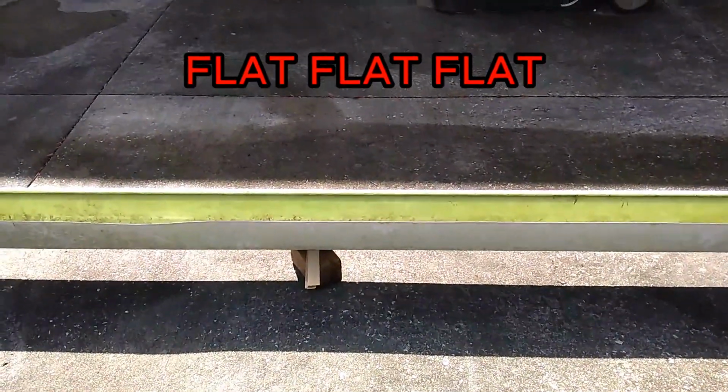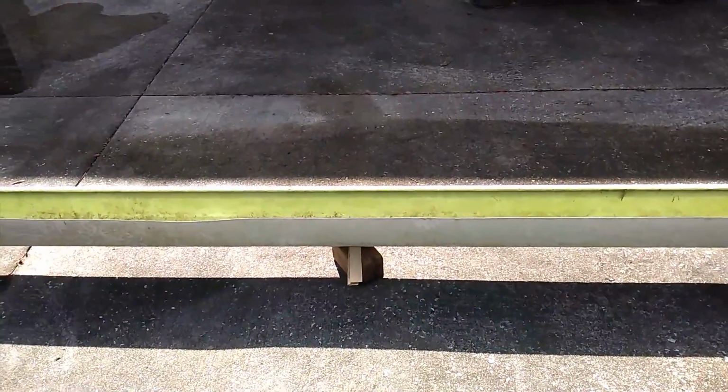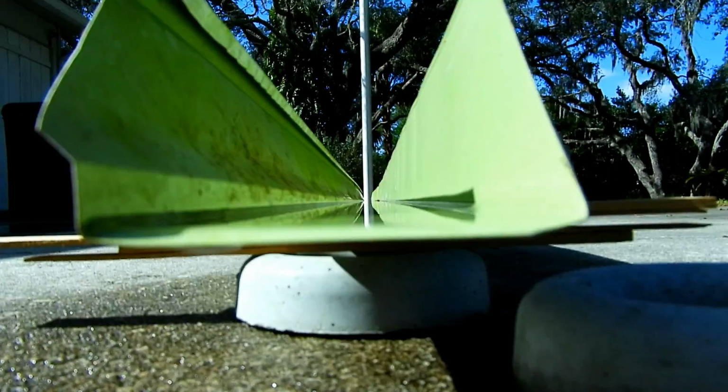Alright, so let's go from here. I'm going to shut my phone off and try to set this up a little bit better. Alright, this is what I got here. You have to hold on to this thing, down my 32-foot long gutter. That's a light pole at the end down there. It's actually a 6-inch piece of PVC pipe. I tried to center it on the pipe. I'm not quite centered on it, but